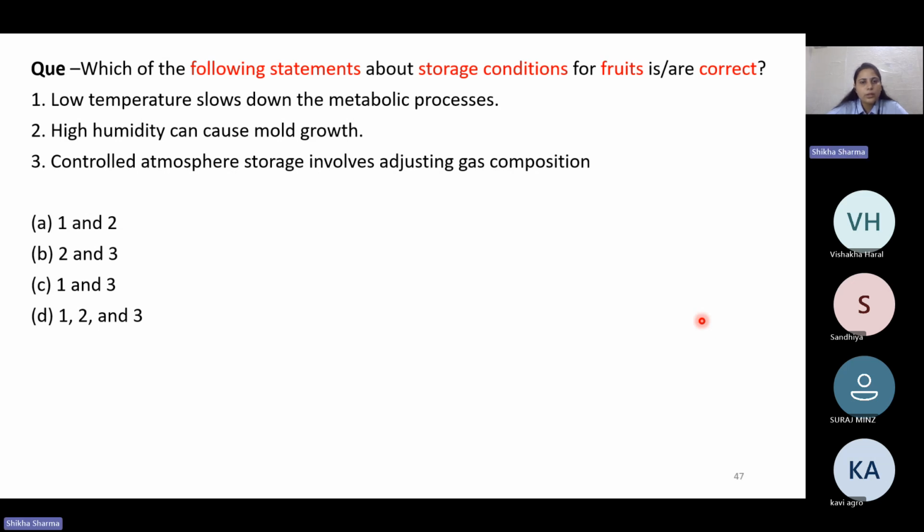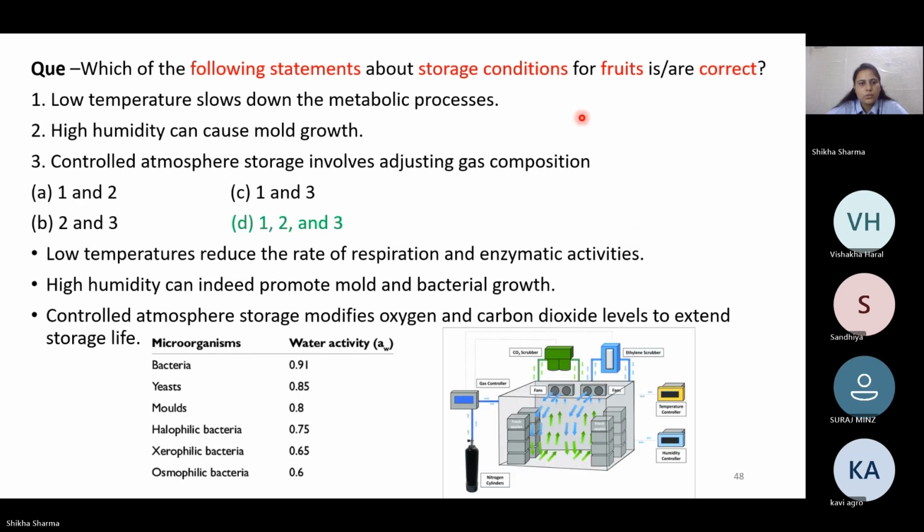Option D, which is 1, 2, and 3, all. So this is correct. 1, 2, 3 are correct. Low temperatures reduce the rate of respiration and enzymatic activities, and that's why they slow down the metabolic process. High humidity can indeed promote mold and bacterial growth, and controlled atmosphere storage modifies oxygen and carbon dioxide levels to extend